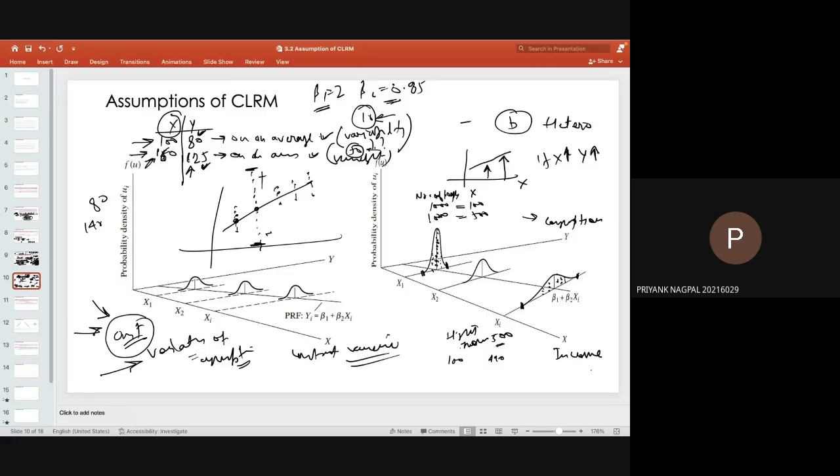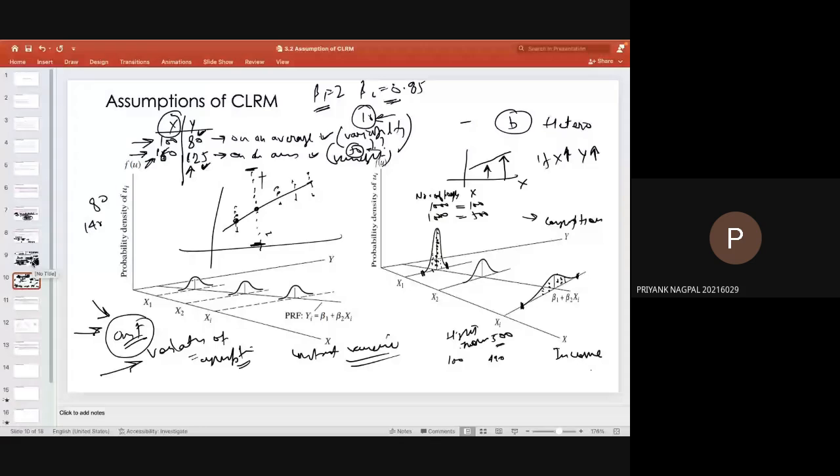I've written that we want the spread of y values for a given x to be constant, so that we are able to predict the model better. Yes, exactly. And the third assumption was the lack of systematic errors, that we do not want systematic errors. The fourth assumption. Yes.